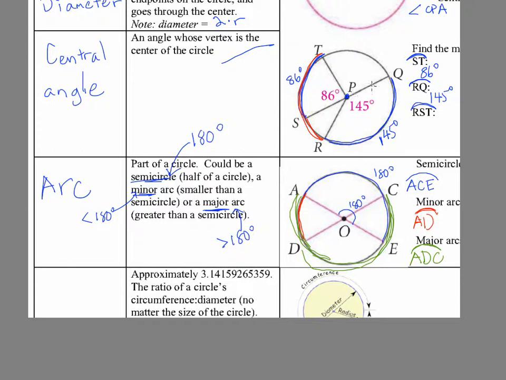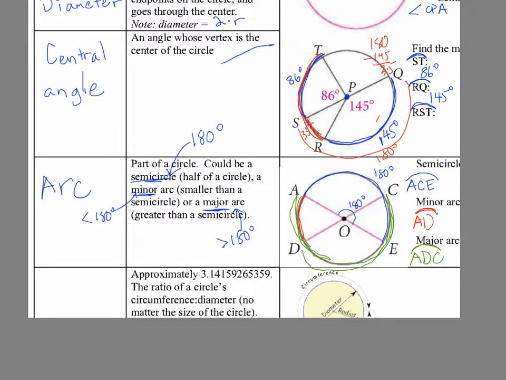Well, if we know we have a diameter here, this is a semicircle out here, so we know this whole thing must be 180 degrees, right? This whole thing must be 180 degrees. So if we say 180 degrees minus this piece right here, we'll be left over with this red piece, right? This whole thing is 180. So if we subtract out 145, that'll be this piece right here. 180 minus 145. Well, 100 minus 100 is 0. And 80 minus 45. 80 minus 40 is 40. So 80 minus 45 is 40 minus 5 more, so 35. So this right here is going to be